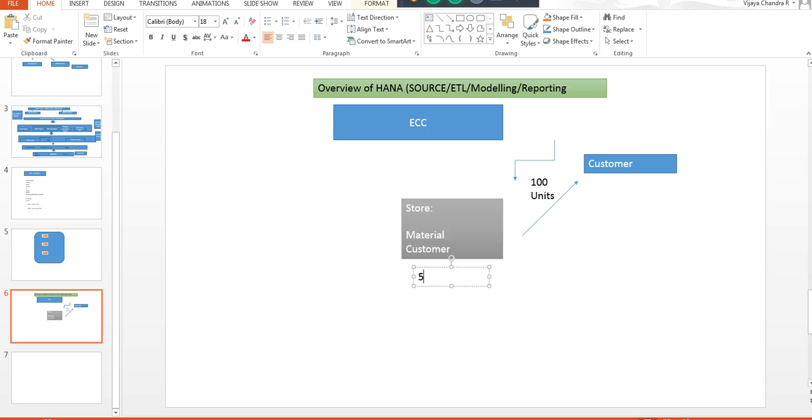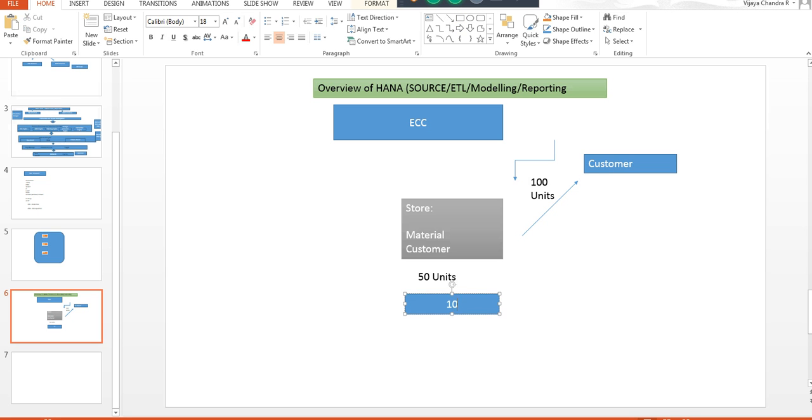I cannot say to the customer, boss, I have only 50, I can only sell you 50, take it or leave it. I cannot satisfy him like that, right? I should satisfy the customer. That's how customer reputation and customer satisfaction will come. And then I need to add 50 more units or 100 more units,